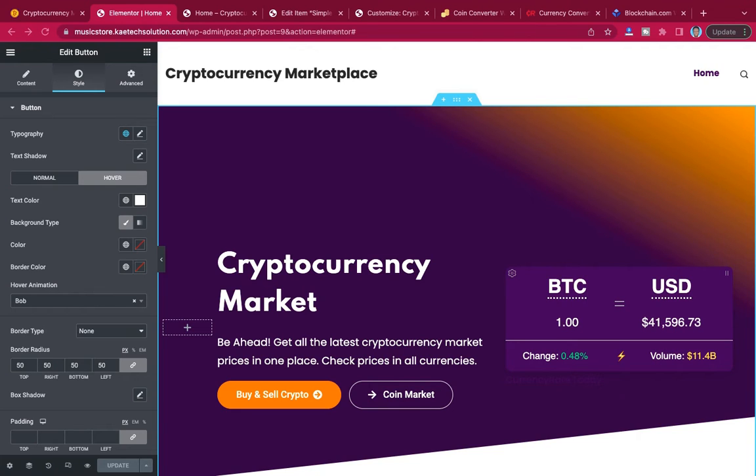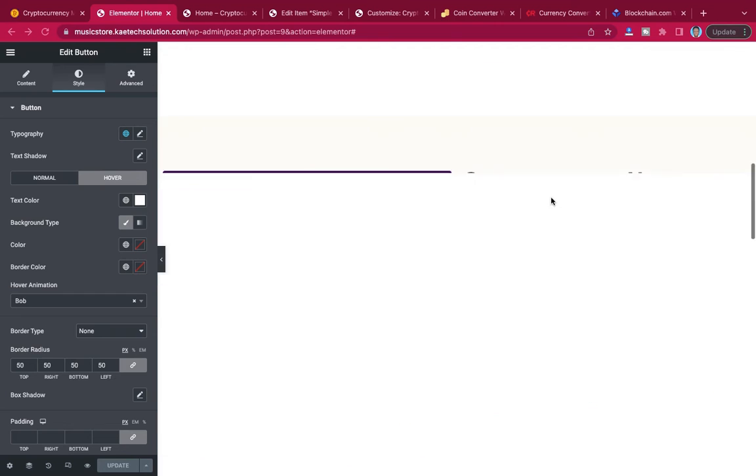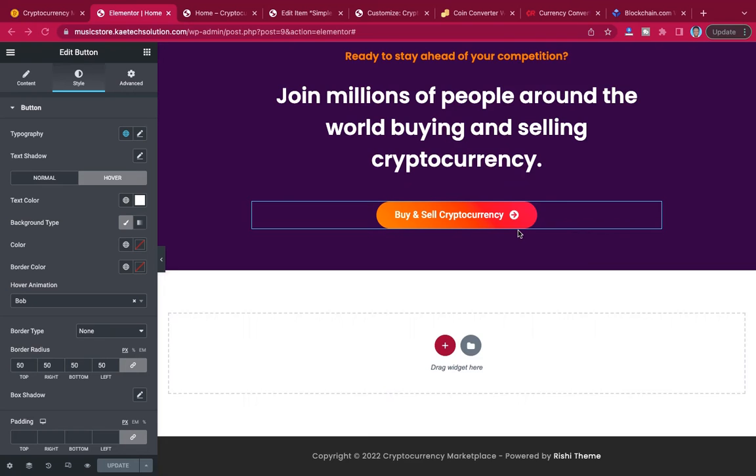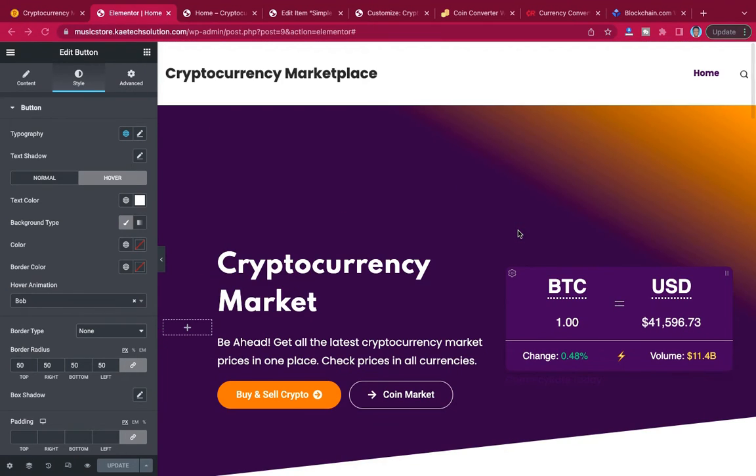Now the last place that we left off was designing this button over here. Okay, so in the next part, that is part 2 of this website, we will first convert this home page into a mobile friendly page, and then we'll move ahead to create the other pages, and then also show you how you can sell these coins and other stuff on your website. Okay, so first things first, let's